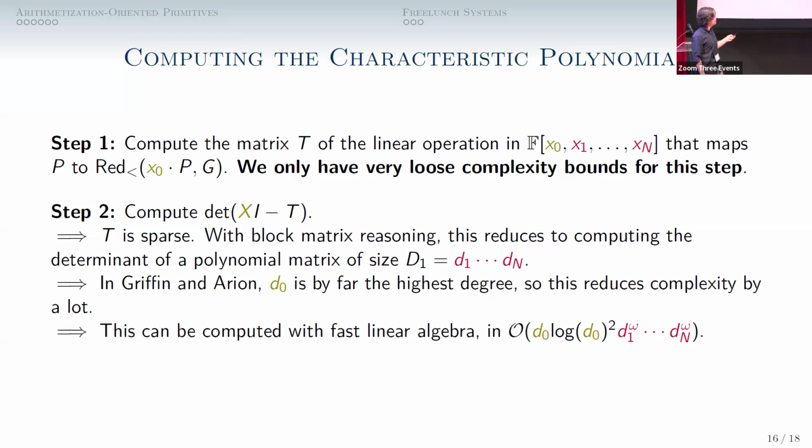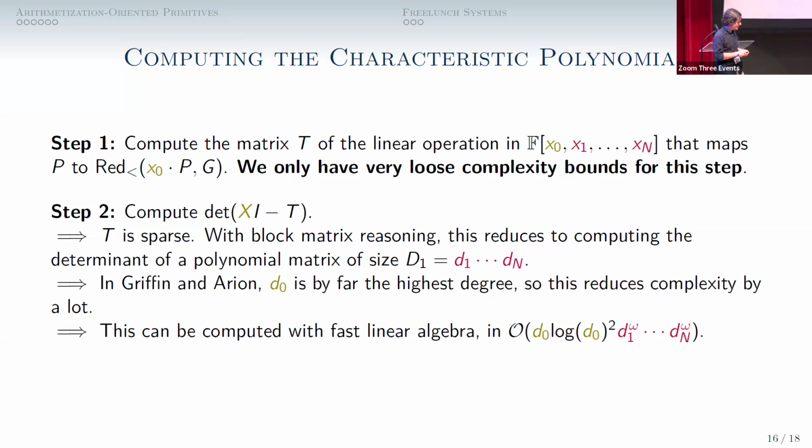And so you can actually do a block matrix approach to reduce this to computing the determinant of a much smaller polynomial matrix of size d1 times dn, basically cutting the d0, which is the degree of x0 in the polynomial system. And since d0 is a much, much higher quantity than all of the other ones, this actually speeds up computations by a lot. This is basically why we are interested in this algorithm, despite step one, which we can't